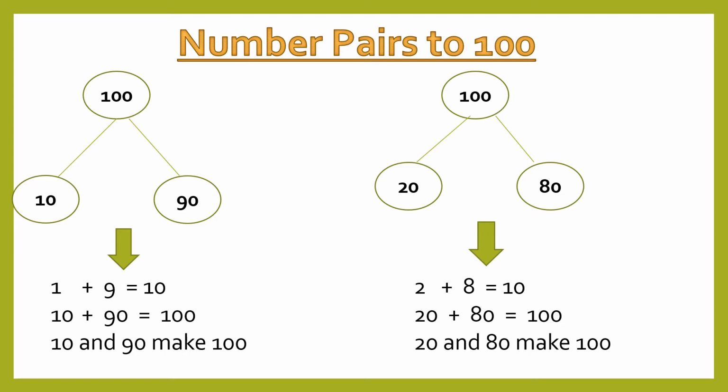The number pairs of 10 are something you have already learned in your previous class, grade 1. You have already learned the pairs which make up 10, like 1 and 9, 2 and 8, 3 and 7, 4 and 6. All these, when you add them together, you get 10, right? So you simply add 0 to the real values. Like if I say that 4 plus 6 is 10, right? So 40 plus 60 is 100. If I say that 3 plus 7 make 10, so 30 plus 70 would make 100.